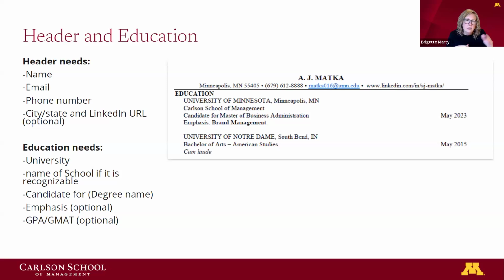And then you'll see below that is their undergrad institution. So you'll see University of Notre Dame, and again, it follows the same format. Because that candidate has already graduated from that institution, they did list cum laude underneath their degree name to show that they did graduate with honors. So: name of the university, name of the school, name of the degree, and the graduation date,